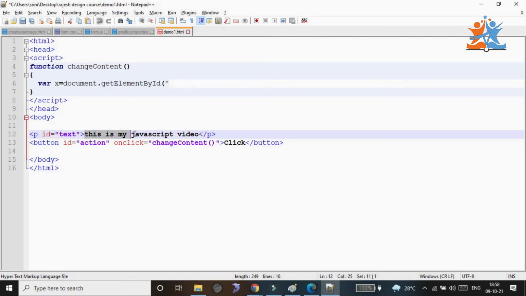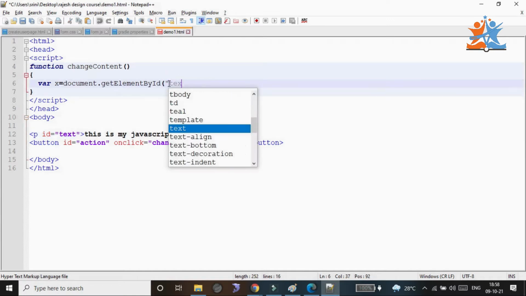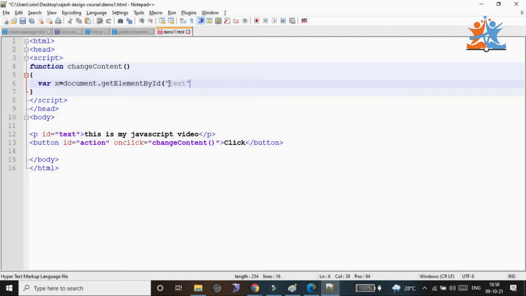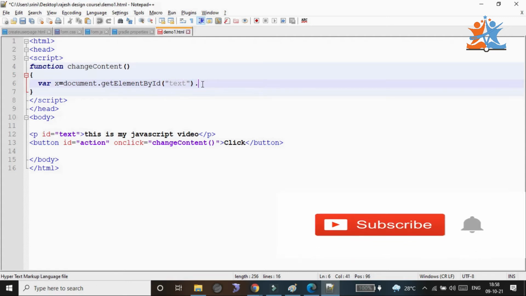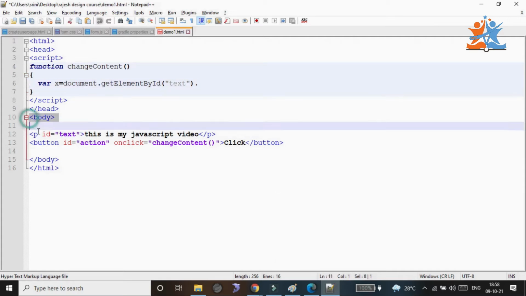So I take the text as my content ID name. Close that function, open with parenthesis and close with parenthesis, then dot. Here we want to change the content inside the body of the paragraph.